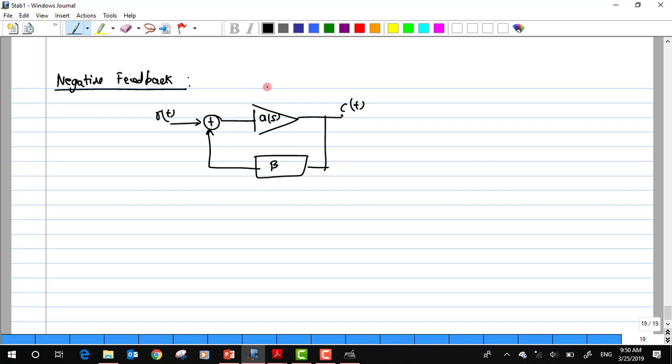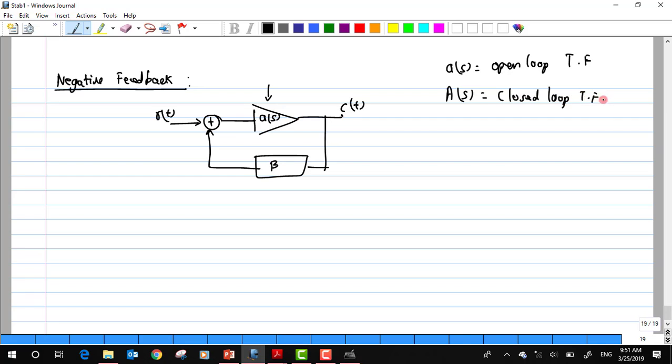So in this case, this small a of s always represents my open loop system transfer function. Okay, so now I'm going to use the capital letter for representing the closed loop